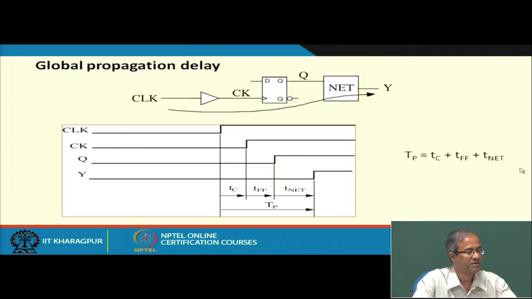So the whole propagation delay will be the sum of these three. Okay, this is simple. So when you have a path like this, see, if your clock is delayed, everything is getting delayed. So unless the clock comes, you cannot start the calculation. So your total propagation delay will also include that clock delay. So only after the clock delay things will start, and you have to consider the other delays. Okay,